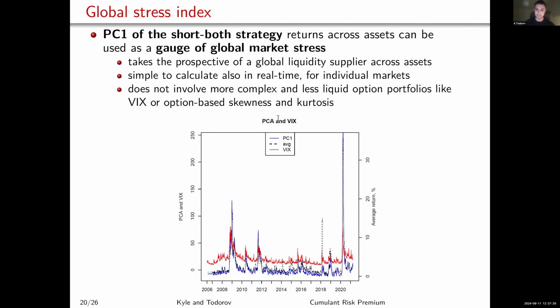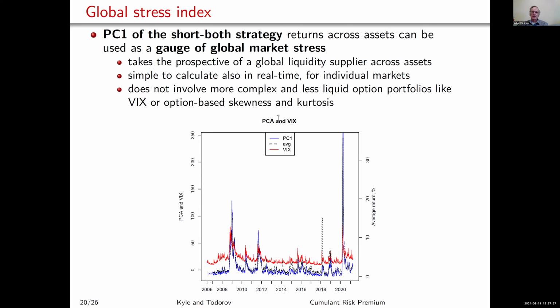So that's one difference. Then the second difference is that we have these cross-sectional asset pricing tests in one of the slides, where we show that our index better captures the risk premium of non-equity asset classes like options, CDS, FX. So when we put VIX and our index in the same regression in cross-sectional asset pricing, our index is driving out VIX for non-equity asset classes. So that's the second benefit of the index compared to the VIX.